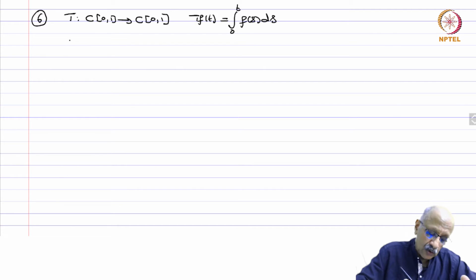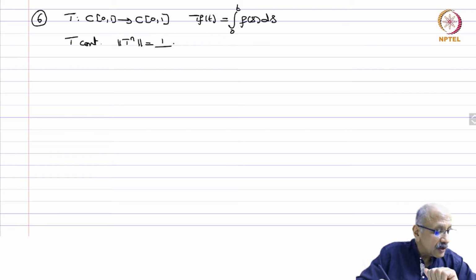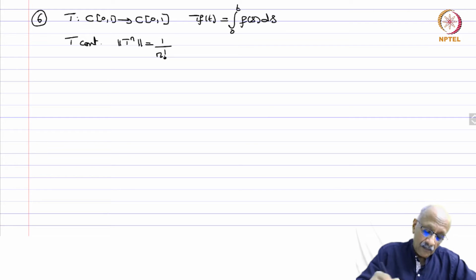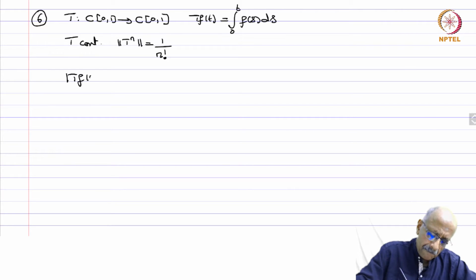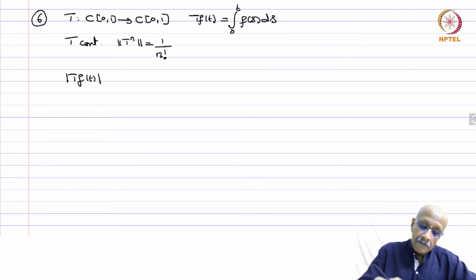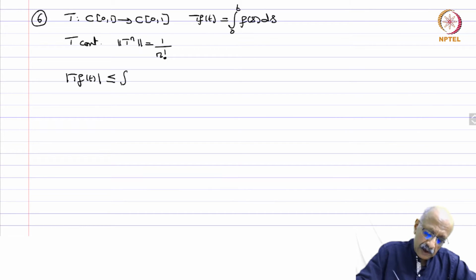So we want to show that T is continuous and also show that the norm of T to the power n is equal to 1 over n factorial. So let us try to do that. So mod Tf(t) is less than or equal to the integral 0 to 1 mod f(s)